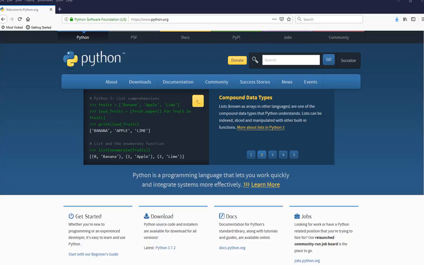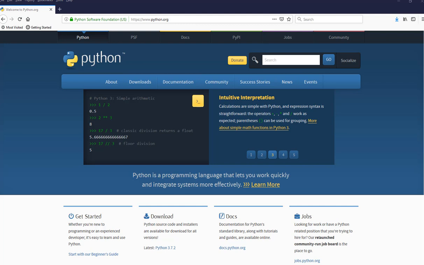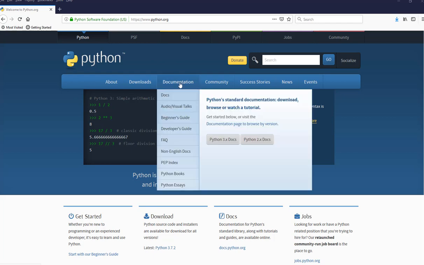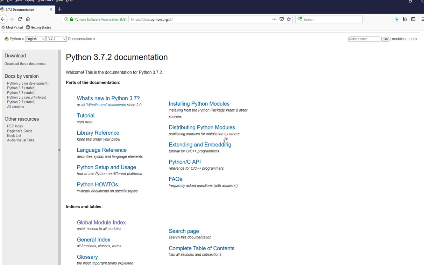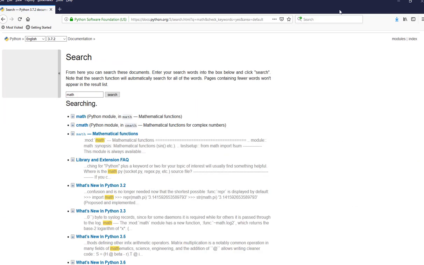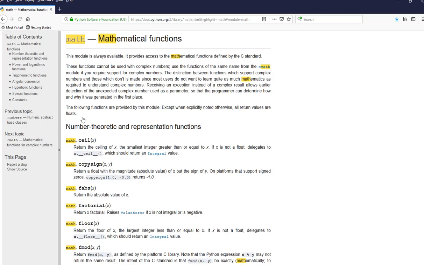So this week we're going to take a look at some additional modules, the math module and the random module. So let's take a look at what the math module has available. We're going to go to the Python website, take a look at the documentation, and let's just do a quick search for math. All right, so the math module is the built-in module in Python, and it has different